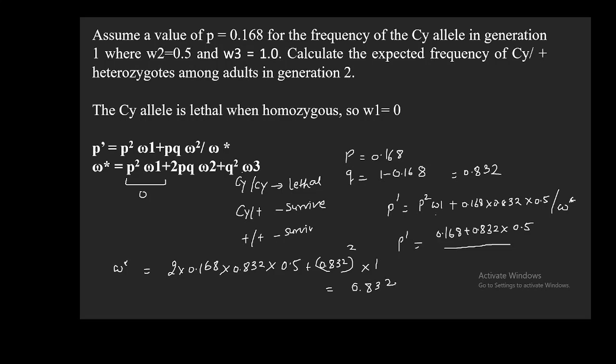If you do the whole calculation, you will get the value 0.832. So here you put the 0.832 value, and the value of p prime is going to come as